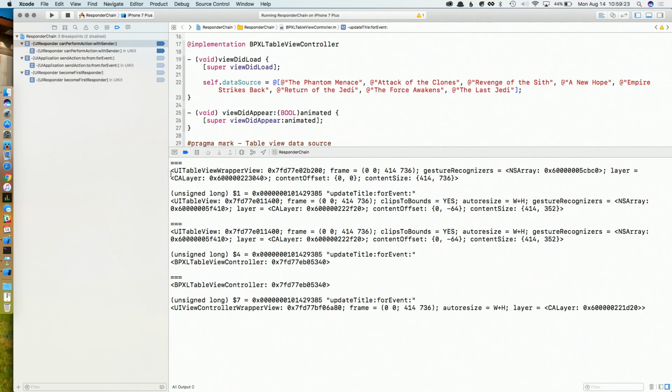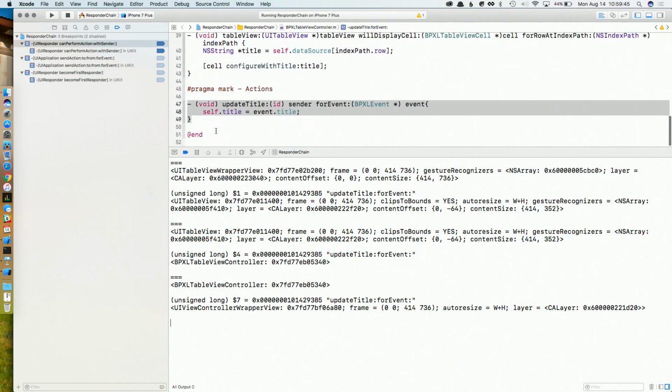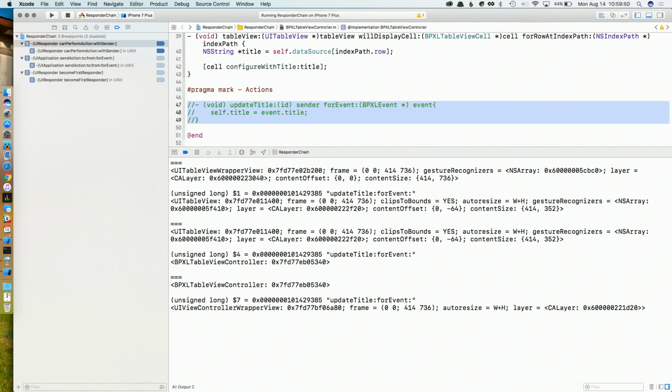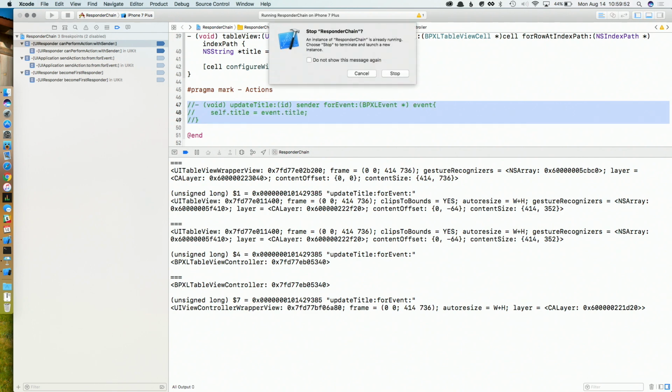We have this table view wrapper view, some private API that Apple uses to build the table view, and then it moves up to the table view, and then we hit our table view controller. It can respond to it, so it stops there. It doesn't flow on. So if I comment the action out,